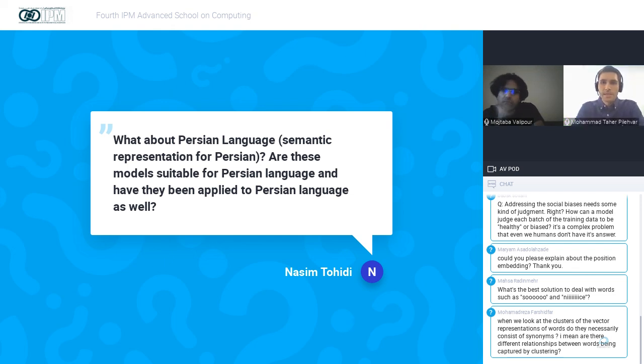Despite the large amount of GPU and compute units needed for them, we already have models for the Farsi language, and they are performing very decently in different benchmarks. That's one part, and as I said, yeah, they perform much better than conventional techniques like Word2vec, also on Farsi. The other fact is that